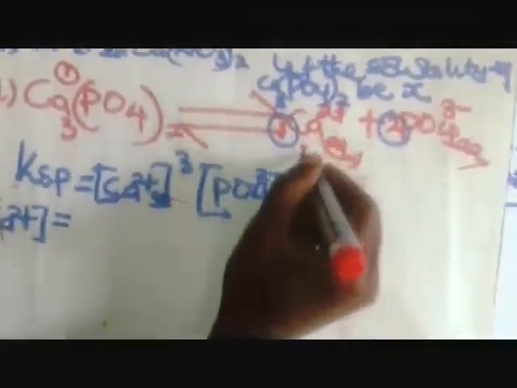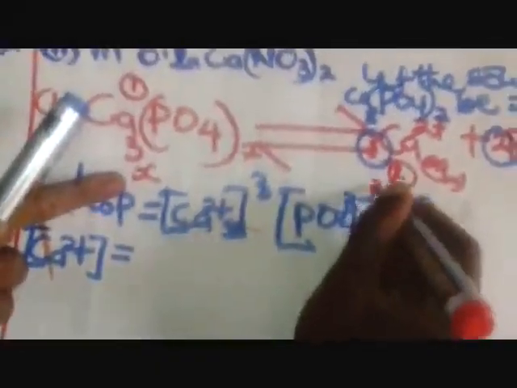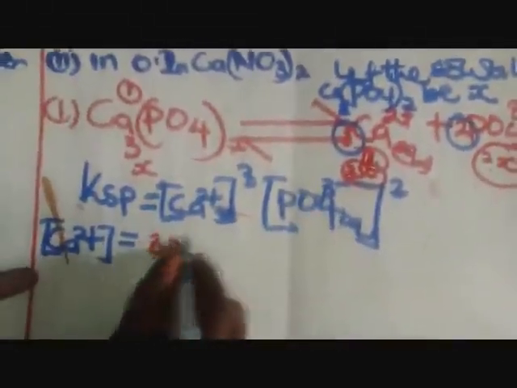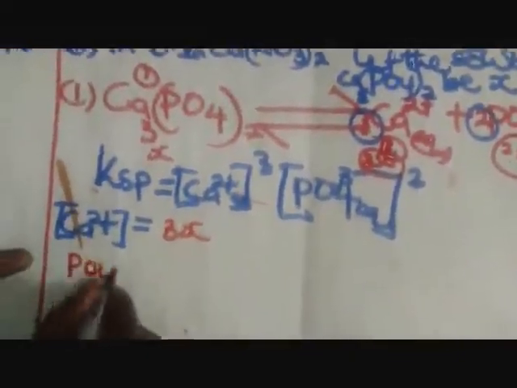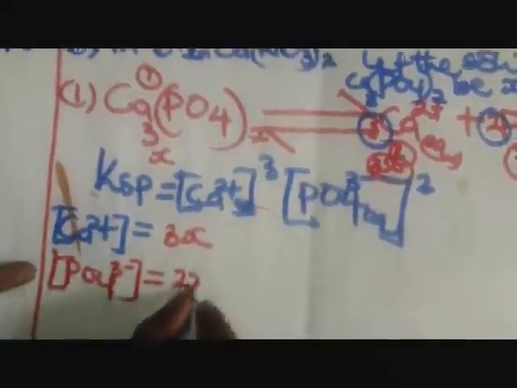So now here we are going to say that calcium ion concentration is going to become, here there is 1 mole producing now 3 moles. You can look at that. 1 mole produces 3 and produces 2. Now if 1 mole produces 3, it means here you have X and here you have 3X and here you have 2X. Don't forget that. Therefore here we are going to obtain our 3X. Then for phosphate ion concentration, we are going to obtain here our 2X.